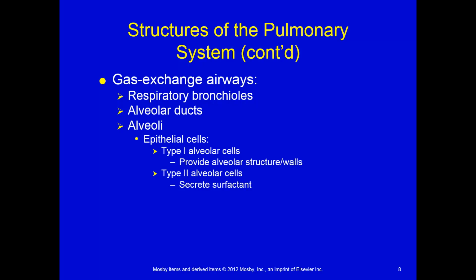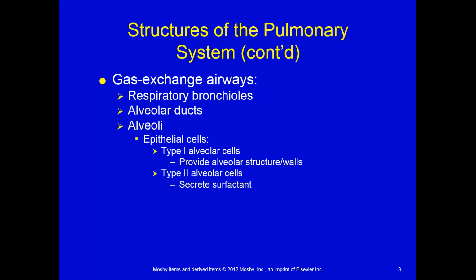Now, those sacs, those alveoli, are made up of epithelial cells, and there's a couple of different types of alveolar cells that you'll find there. One, you have the type 1 alveolar cells that really just truly provide the alveolar structure, so they actually just make up the walls of those sacs. And then you have the type 2 alveolar cells, which actually secrete surfactant. Now,